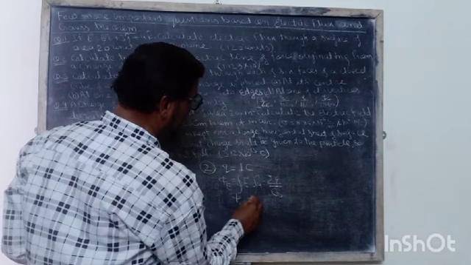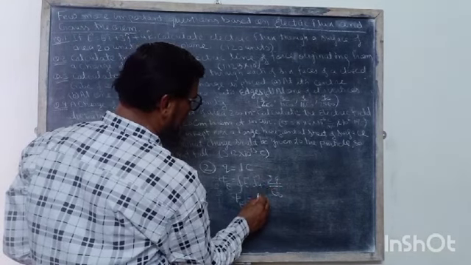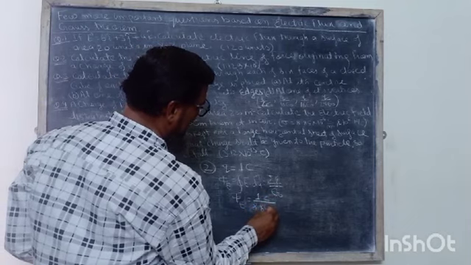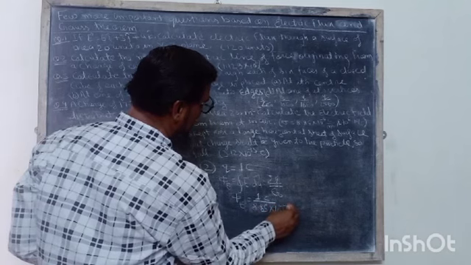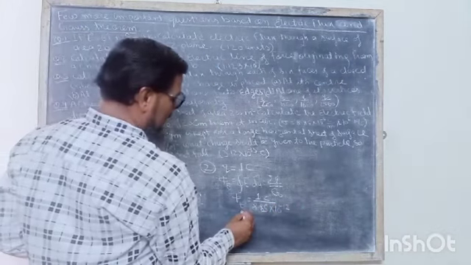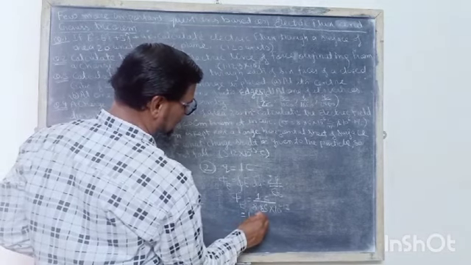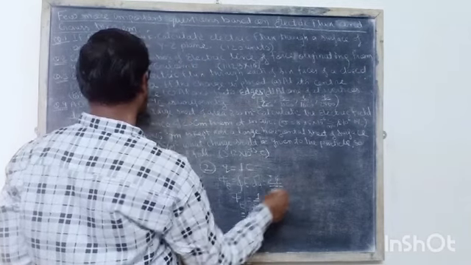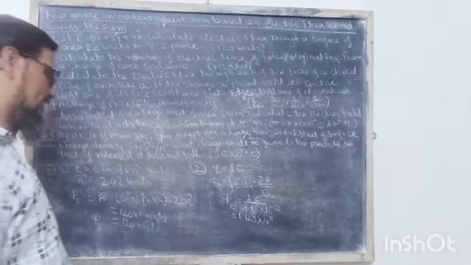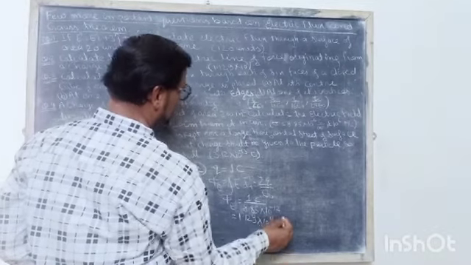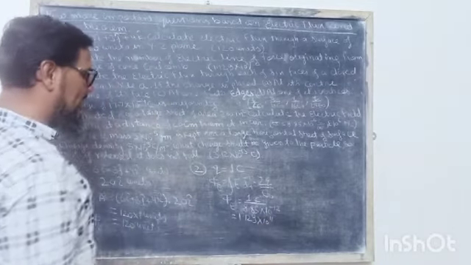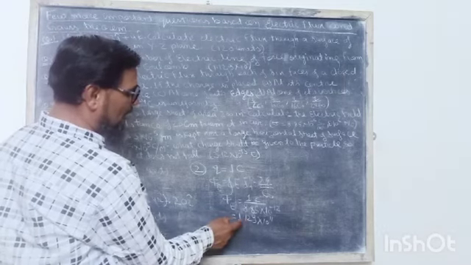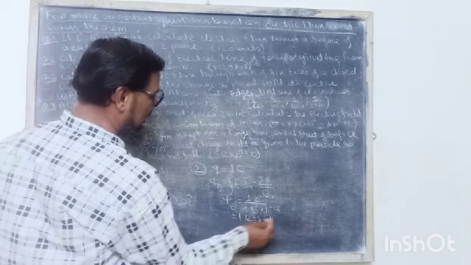By the definition of electric flux, the value of Q is equal to 1 coulomb, and epsilon naught is 8.85 into 10 raised to the power minus 12. So the value will be 1.129 into 10 raised to the power 11, which will be the electric flux. The unit of electric flux is Newton meter square per coulomb, and the number of electric lines of force originating from 1 coulomb charge will be 1.129 into 10 raised to the power 11.